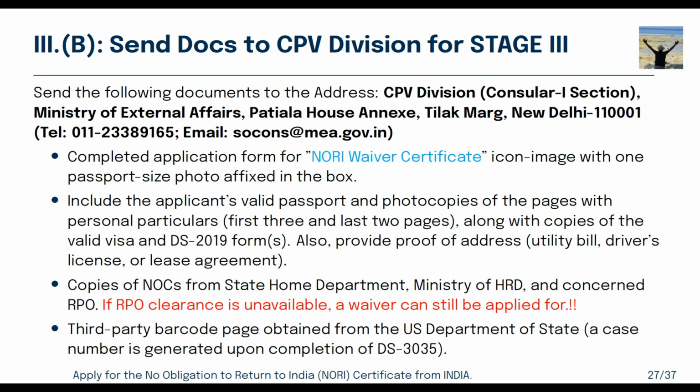And you have to send the NORI waiver certificate, as well as all the clearance you received from stage 2, along with the copy of the valid visa, everything I told you here, and the third party barcode page. It is very important because the Ministry of External Affairs will know you have already applied for a waiver at the US Department of State, so that barcode number will be the same, right? So this will be very helpful for them to send your